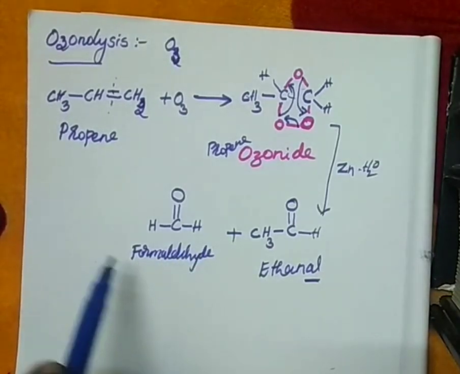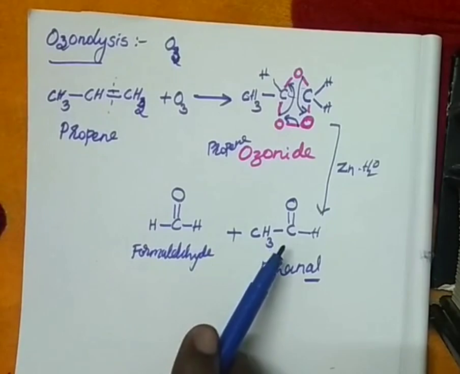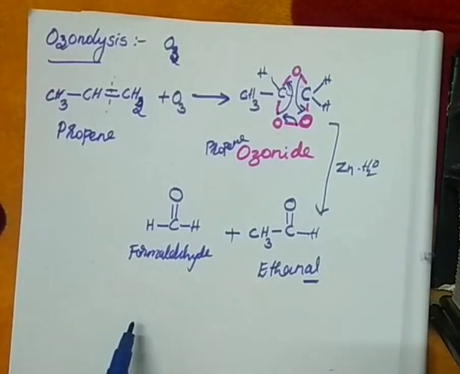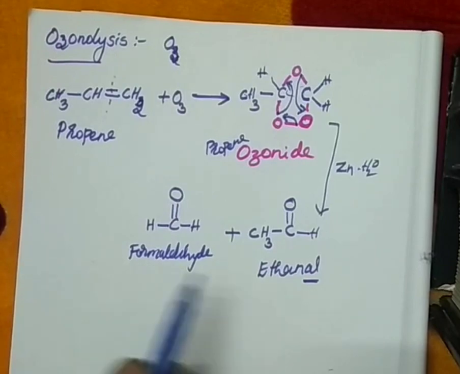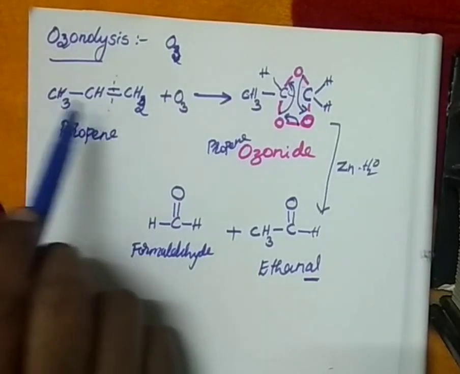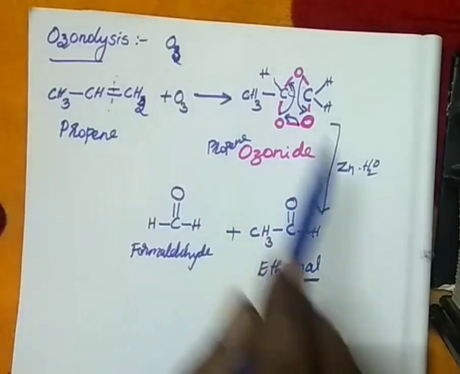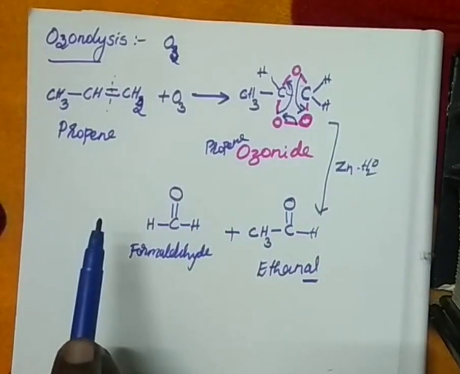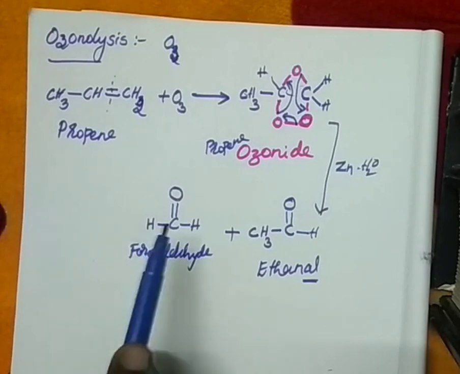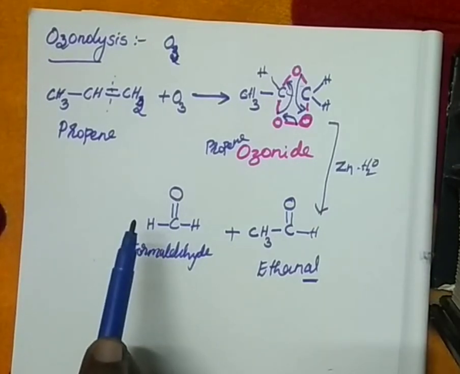Therefore, ozonolysis will produce carbonyl compounds. These are called carbonyl compounds, ketones or aldehydes, whatever mixture of products you will get depending on the reactant you are taking. So, this is called ozonolysis. Very, very important reaction. They will give you some reactants and ask you to write the product. So, you need to write the product yourself.